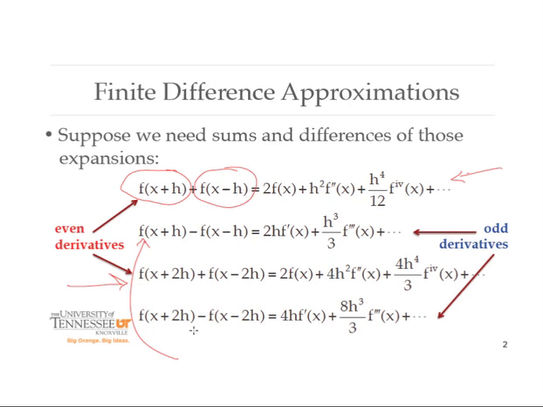Take the forward one and then from it subtract the backward one. You would get this kind of an expansion, and notice all the even derivative terms would go away. So there's only odd derivatives involved. All right, so it may not be clear where we're headed, but again, we're trying to approximate a derivative, so